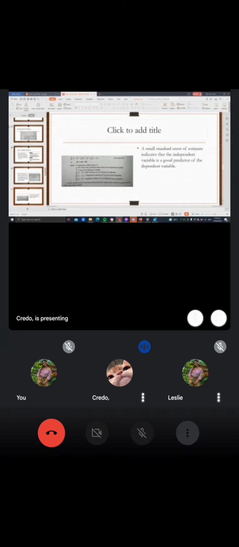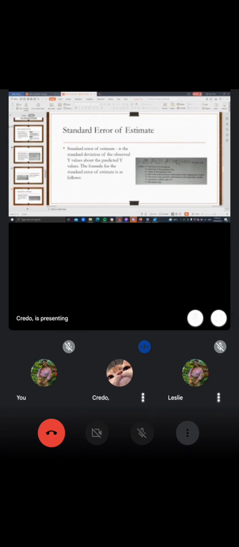So a small standard error of estimate indicates that the independent variable is a good predictor of the dependent variable. Next will be the standard error of estimate. Standard error of estimate is the standard deviation of the observed y values about the predicted y values. The formula for the standard error of estimate is as follows. So formula 10-9 will be the formula for the standard error of estimate, where S sub E is equal to